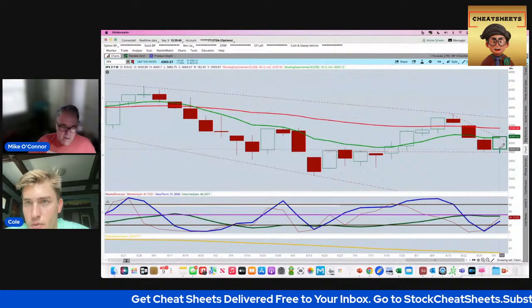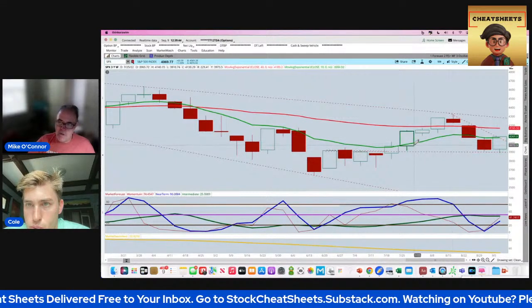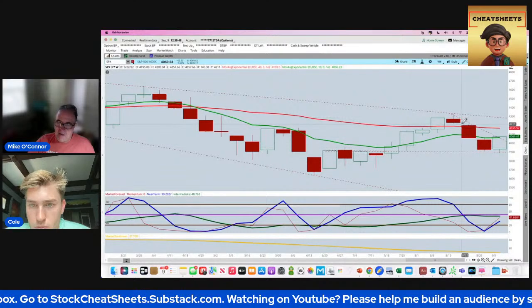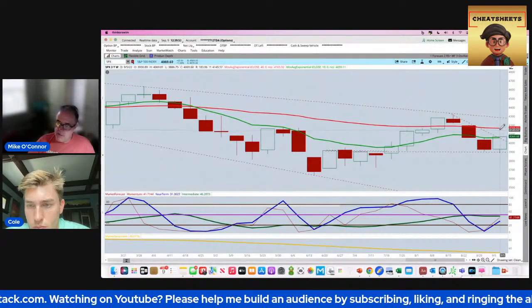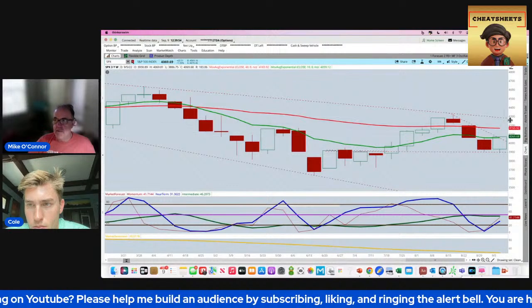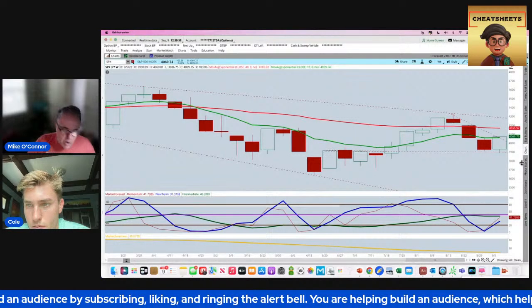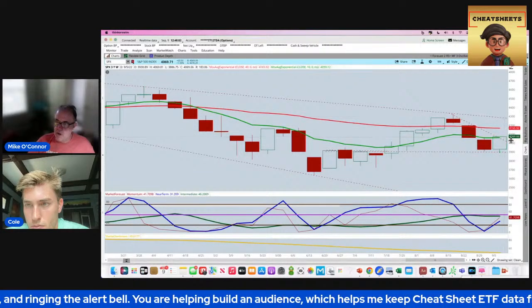And so we're kind of in a no man's land right now. But I would argue that the way things are set up, because the trend is to the downside, it's more likely, and we just don't know whether it's going to be here or here, but it's more likely the market will roll over from here. But the market forecast is telling us that we may have quite a bit of upside. There's a long way to go between